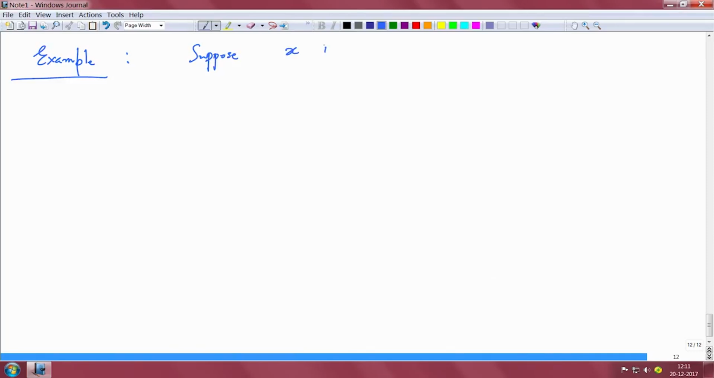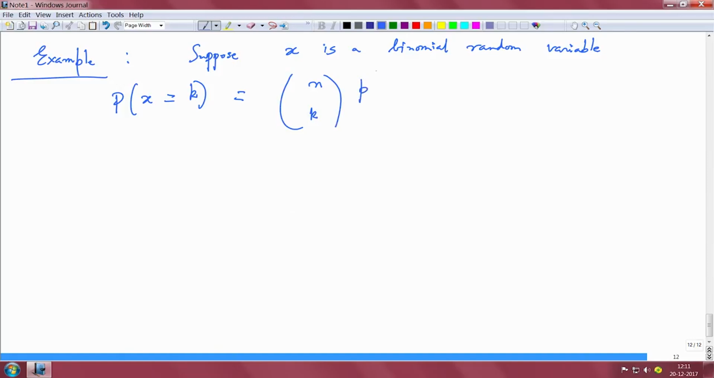Suppose x is a binomial random variable, then the probability that x equals some k is given by n choose k p to the power k, 1 minus p to the power n minus k. This is the probability mass function, and the probability distribution function is given by